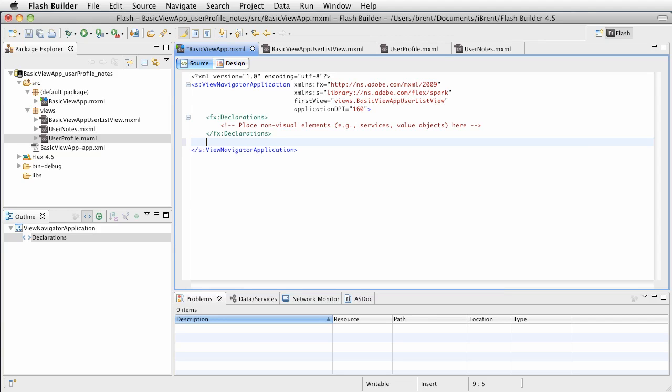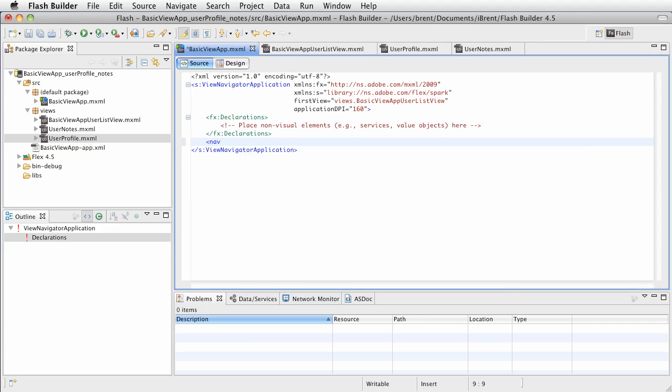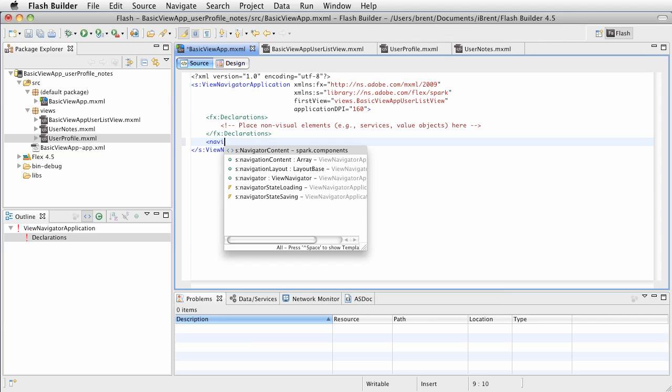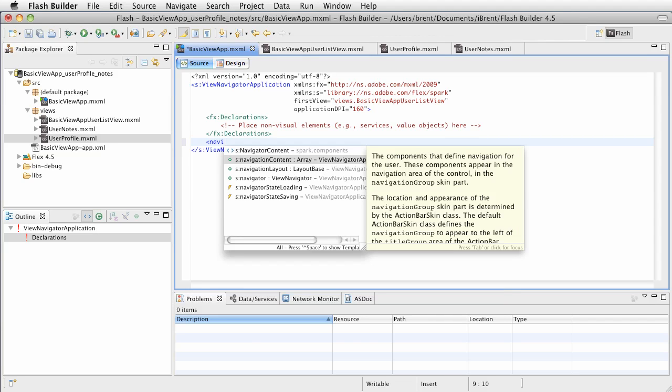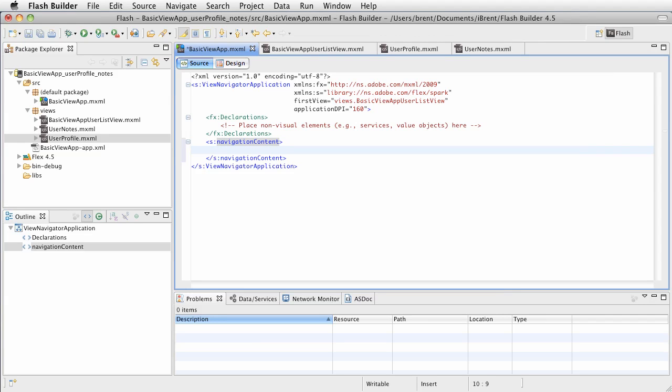So let's talk about the navigation content. It's called navigation, navi, or navi, depends on if you like avatar. And it's this array. It defines the navigation for the user. Notice how I'm just reading the instructions. Pretty cool. All right, go ahead and press return, and then put a closing greater than sign so that we